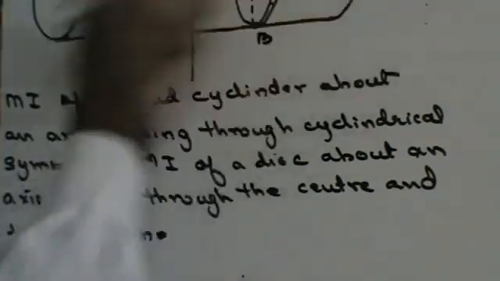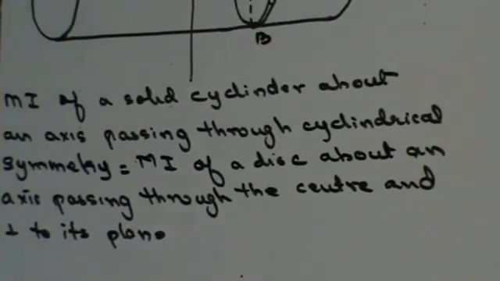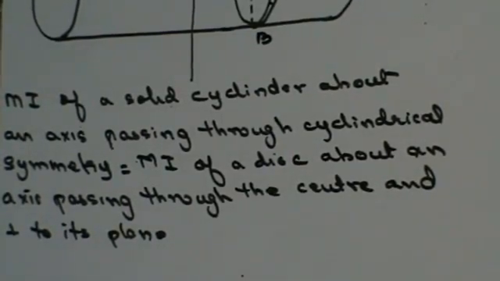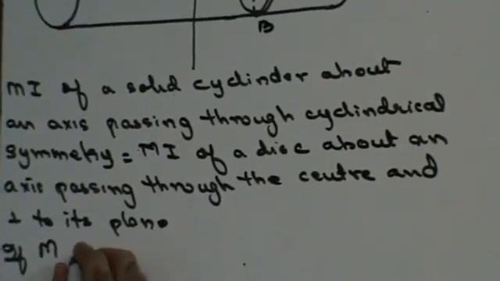If I consider this axis of cylindrical symmetry, it is going to be the same as the moment of inertia of a disc passing through the center of the disc and perpendicular to the plane of the disc. Now, if m is the mass